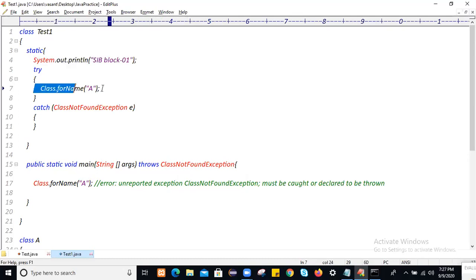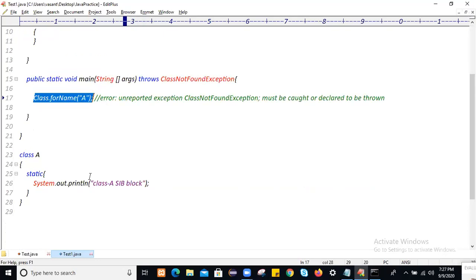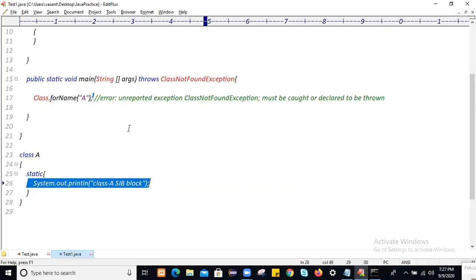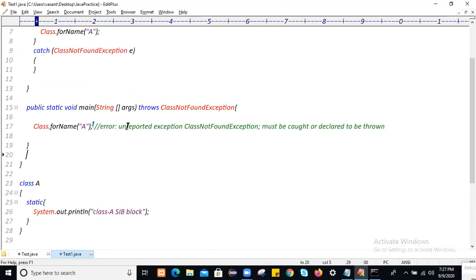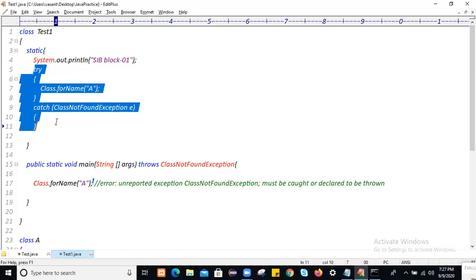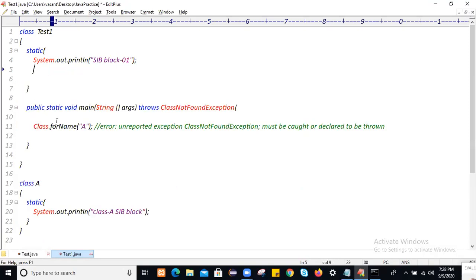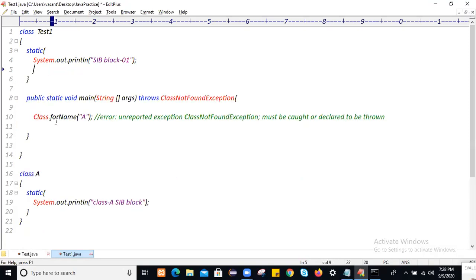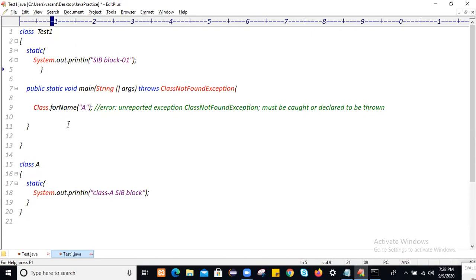Here it can't execute, this statement is not executing here within the static block. But when you start the main method, from here it starts executing this class's static block. If you want to execute a static block, we can't write it like this within the static block. To execute a static block, we can execute it from the main method by using the forName method.